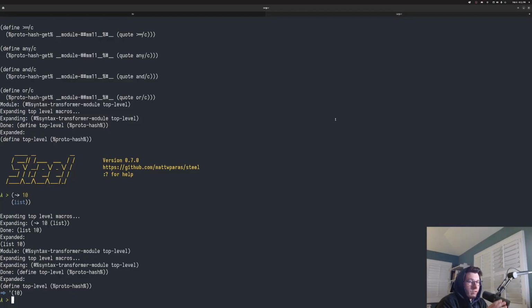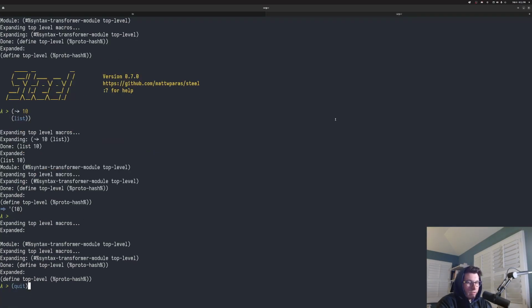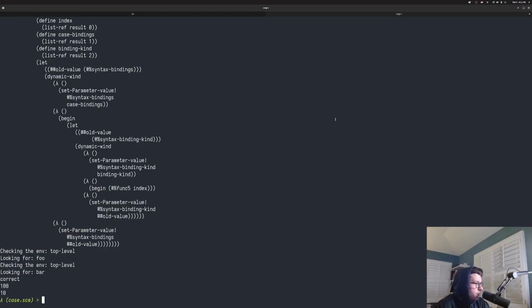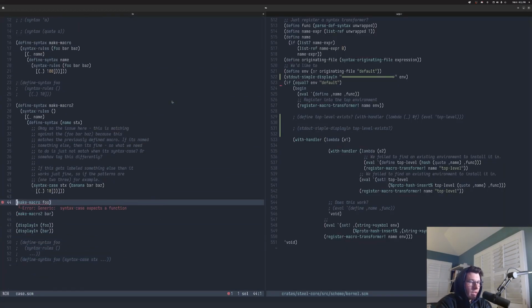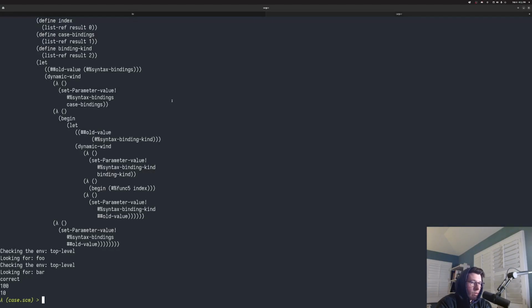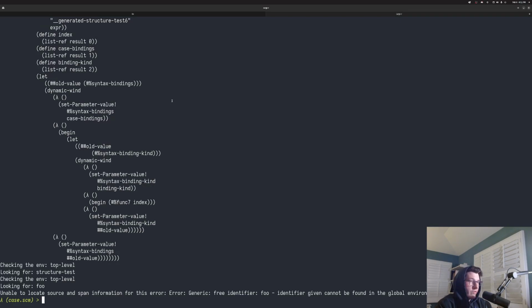So I mentioned, if I run this once, where this is this file, I make a macro and then I make another macro. I run it twice. One time it works fine. I run it a second time, it fails. The reason is that I set up environments within the kernel,